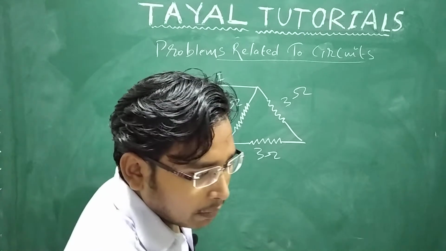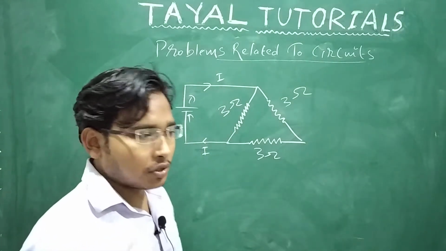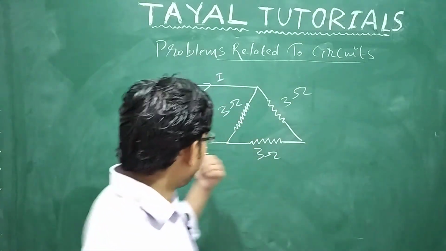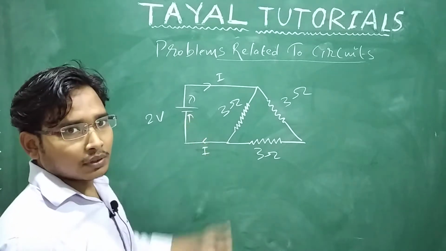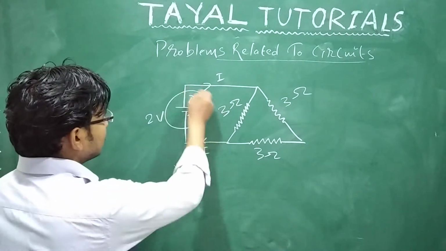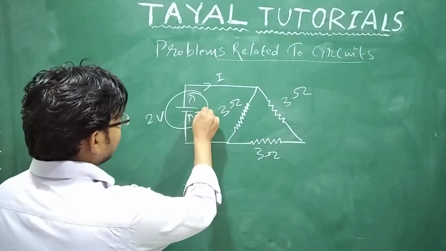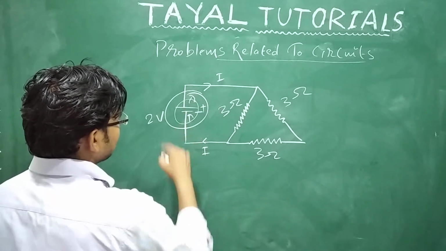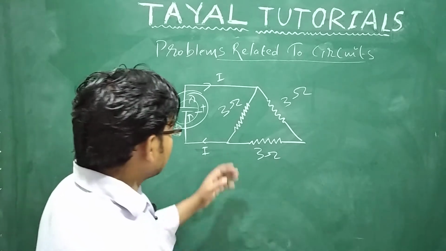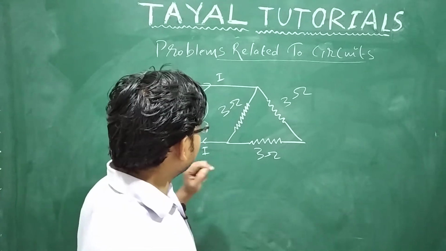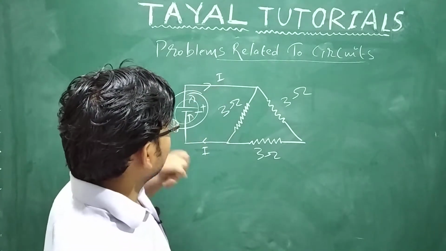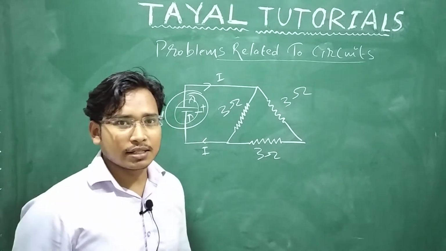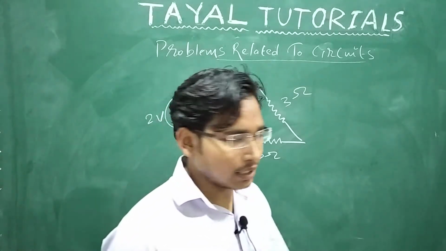If you remember my class, I told you how to define a battery to be a source. The current should flow in the direction of voltage rise. You can see negative to positive, the current is flowing in the direction of voltage rise, so it's a source. To solve this circuit and get the value of current, we should have an idea about parallel and series combination. That has already been done in the class.